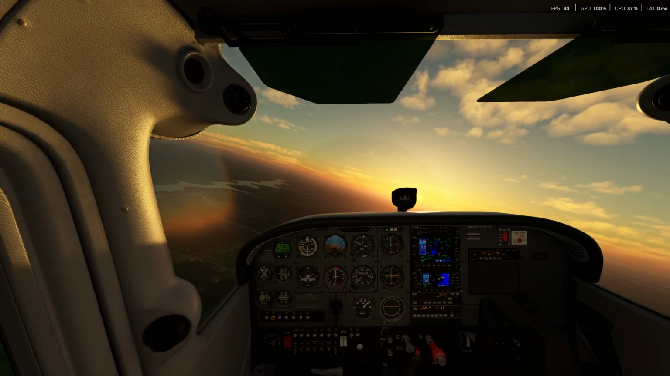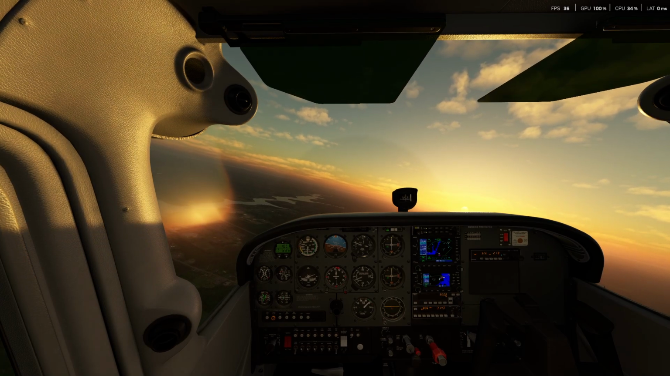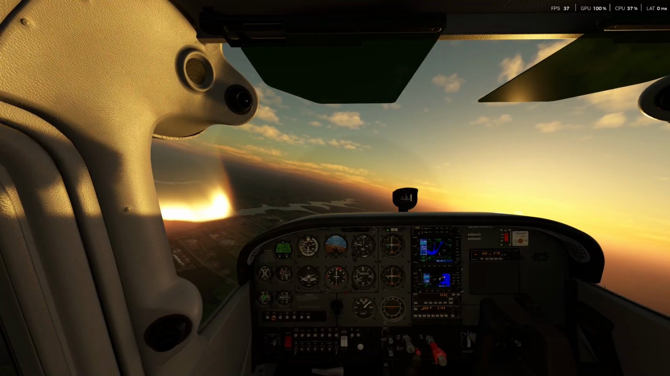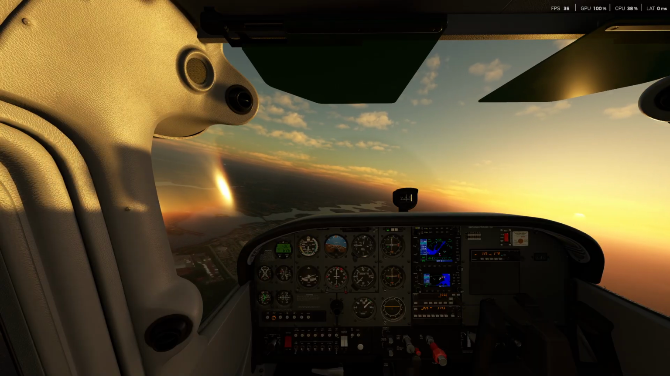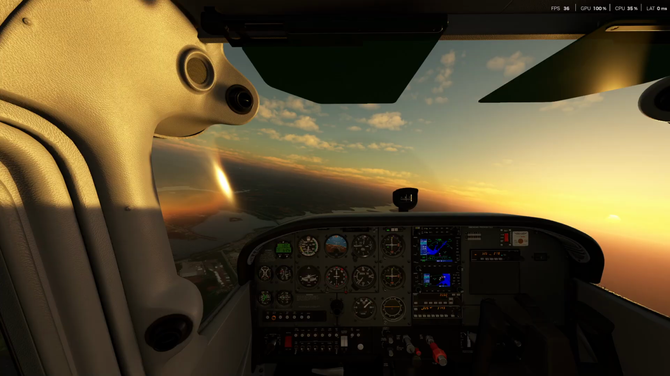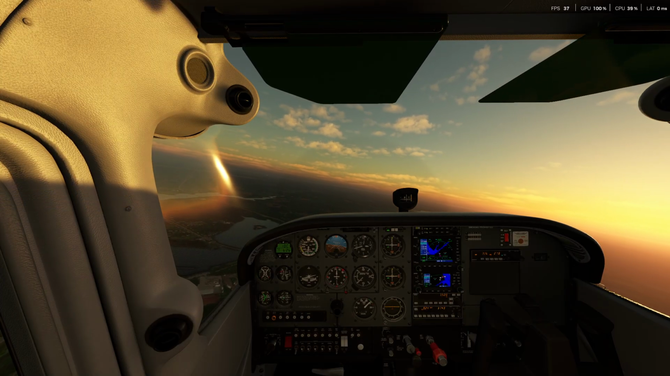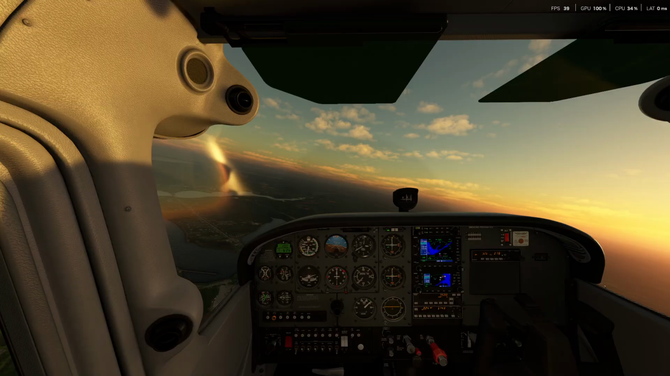So you can see that right now we're descending. The attitude indicator is showing the descending left turn. Altitude is decreasing. Vertical speed is showing decreasing speed. The heading indicator as well is counterclockwise, showing the same with the turn coordinator. The airplane is showing